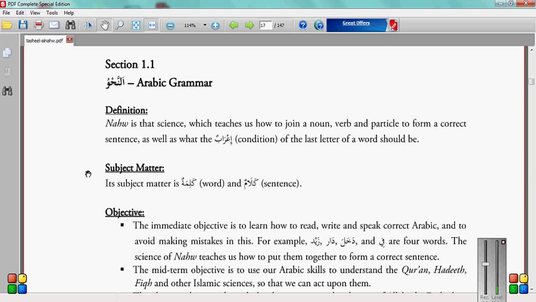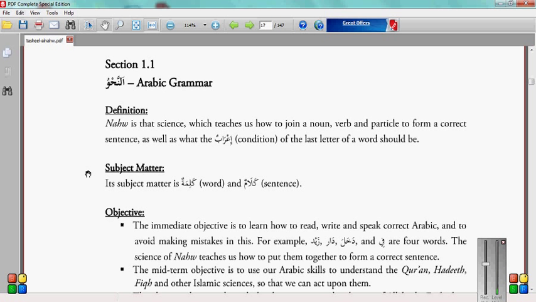Because remember that when you read books in Islam, classical books, usually they don't have i'rab, which is fatha, dhamma, kasra, right? So how is the fatha, dhamma, kasra determined? At least the i'rab at the end of the word usually reflects the grammatical position of the word in the sentence. For example, if it's a doer versus something that's acted upon, or something that's a verb versus something that's a noun. So all of that a lot of times depends upon the nahw or the grammar that's taking place in